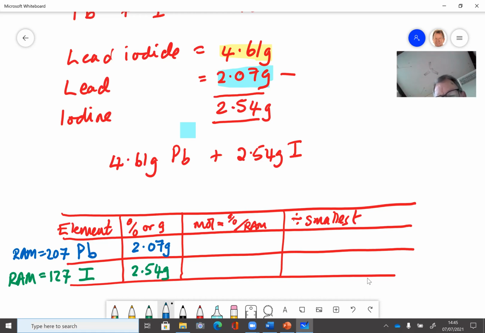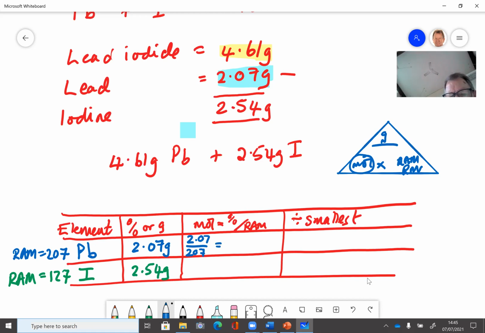So what I do then is I work out moles. Moles, there's RAM or RMM underground, right? So I want the moles. So that's grams over RAM. So for the lead, I go 2.07 divided by 207, and that is going to be equal to 0.01. And then I do my iodine, and I have 2.54, the mass of the iodine, over